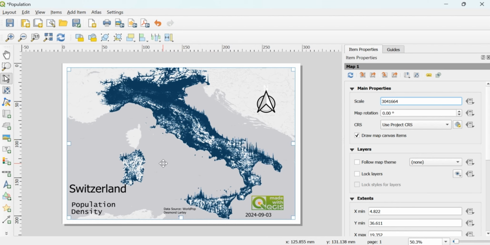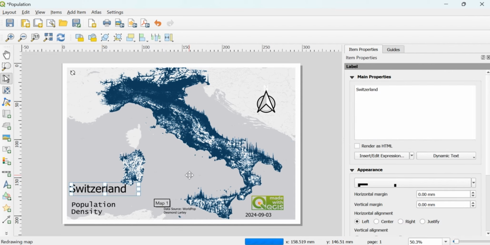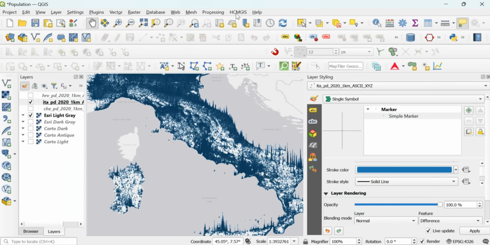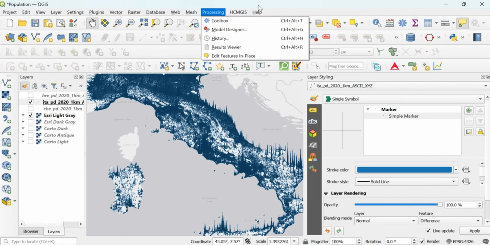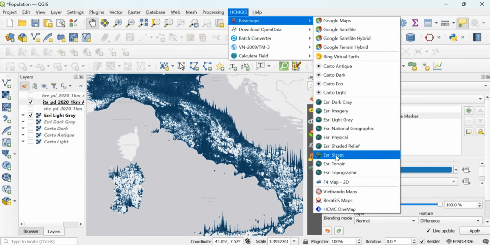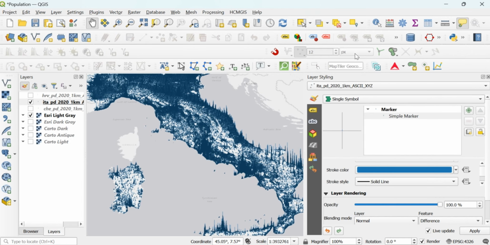Yeah. So I will end the video here, but at least now you know how to visualize population density data with the Z values and what you need to do in terms of the trial and error. And then when you are here, you can always edit the data source, the dates, and what kind of background or base map you would like to use. There are a lot of base maps that are stored in this plugin, HCMGIS. If you install it, then it's possible to get some different base maps, and you can experiment to see which one helps you. I hope that this can help you to make a very simple map.